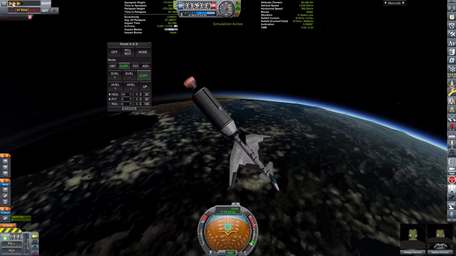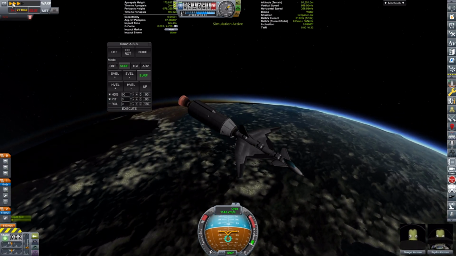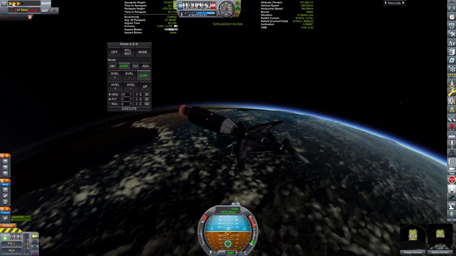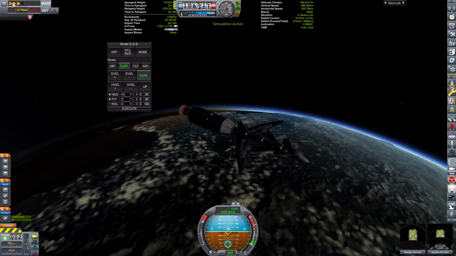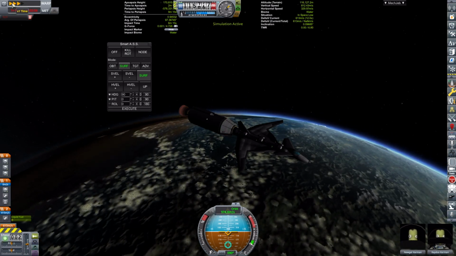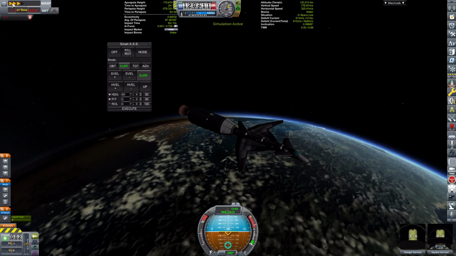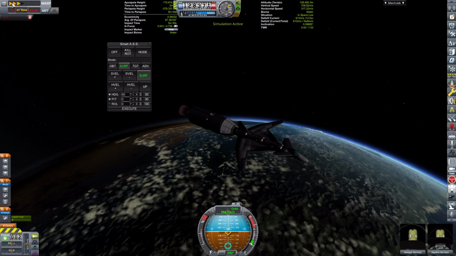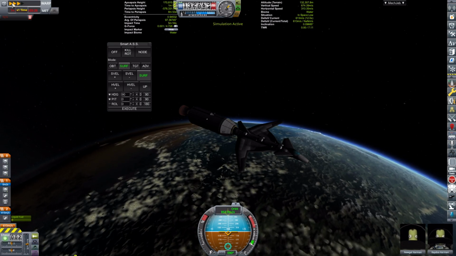I thought it might happen, and it did. You can build a better rocket than what I built, so this is something to keep in mind when you're building your own rockets. However,